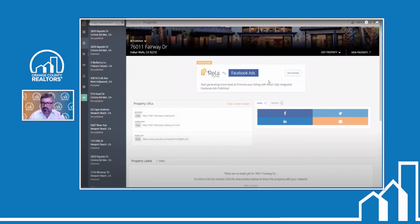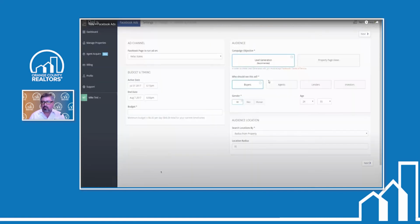After we make the property website, from here at the details, the overview of the property website, we can link our RELA account to our Facebook business account just by simply clicking on Get Started. When we do that, it's going to ask us for our Facebook logins to access our Facebook business page. Once we connect it together, after we click on Get Started, we're taken to a section to make the ad. What is it that we are trying to achieve with the ad? Over here to the left,